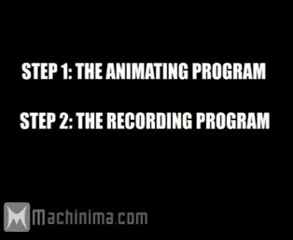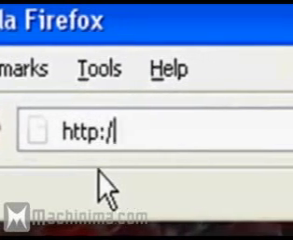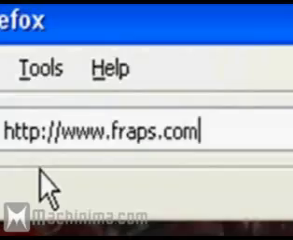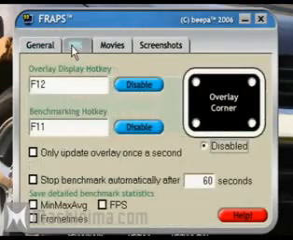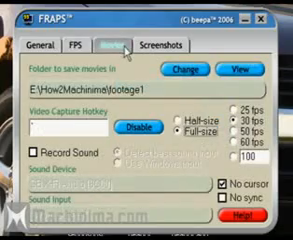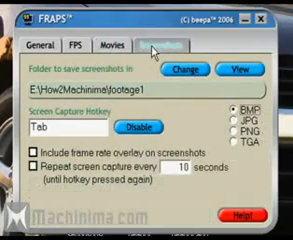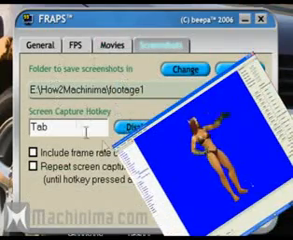The second step of this process is to actually find a recording program. I highly recommend Fraps or GameCam, which can record in-game footage at the flick of your keyboard keys. This will record your footage into a specified folder where you can then cut it together later in your editing program. So now that we have our recording program, our animation program, we need to find our scene where the